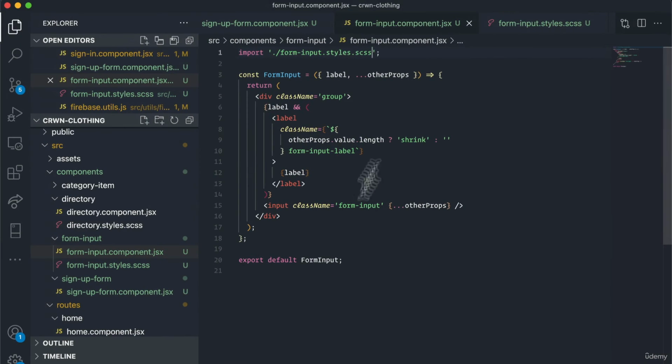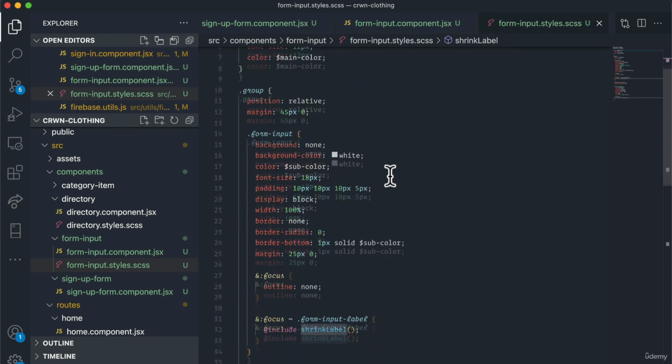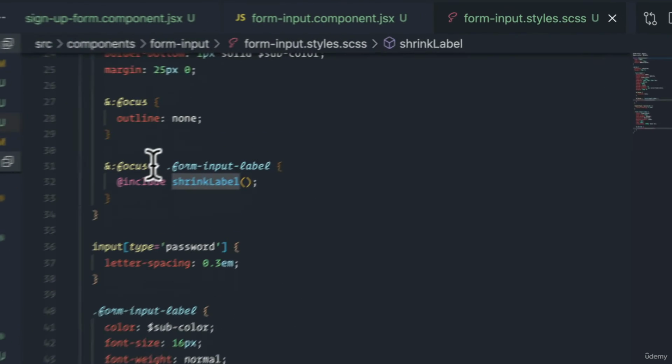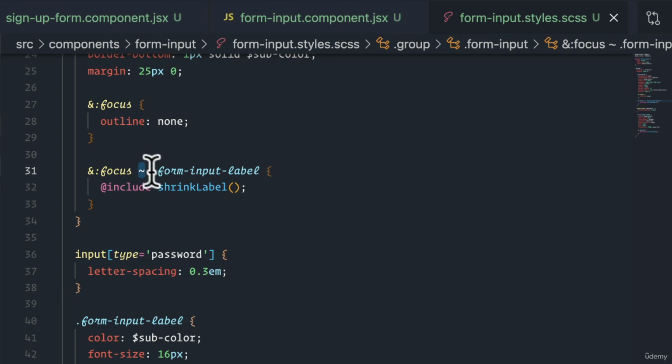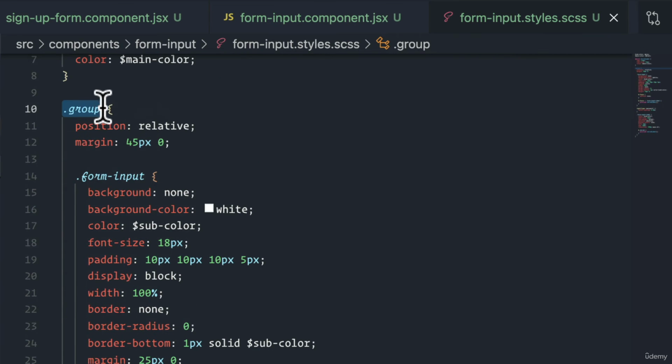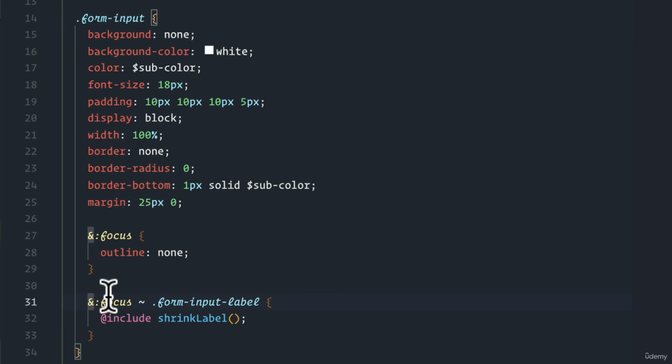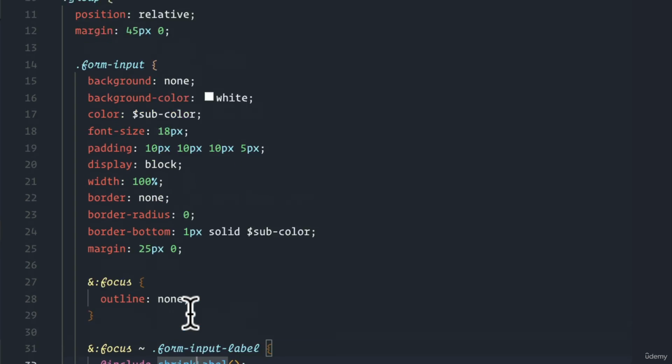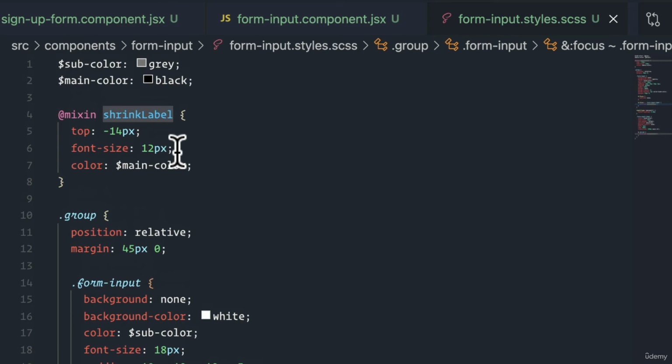So how do we do that? Well, I've actually included the styles for you inside of here, and it's specifically this CSS selector. Essentially what this code says is that for this group element, which is our top level div, inside there's a form input. If you focus on the input, meaning that if it's selected, I want you to find the next sibling, or a generally subsequent sibling, with this class and then attach that shrink label mixin, which is what creates